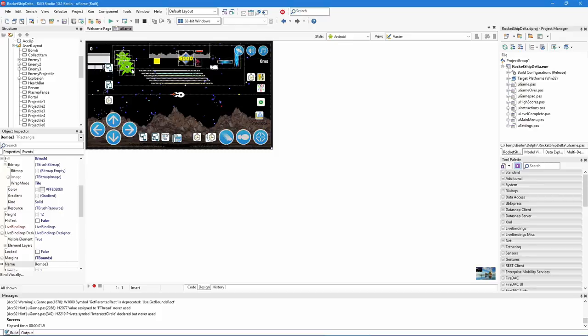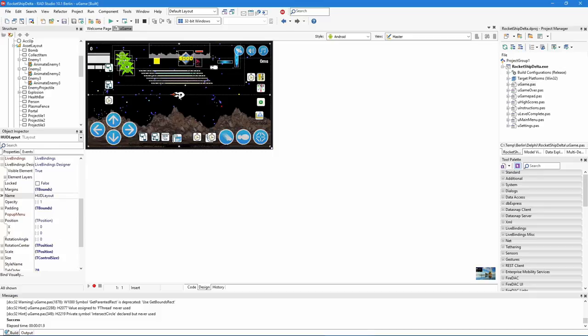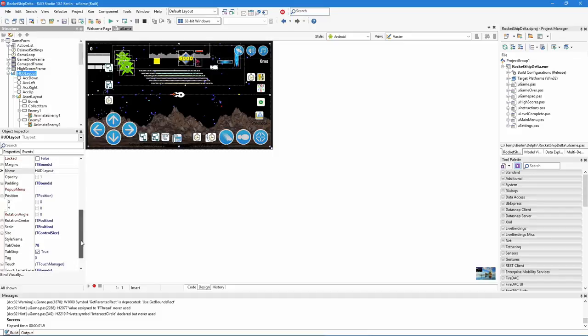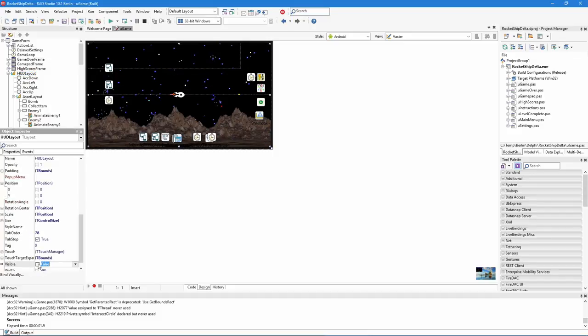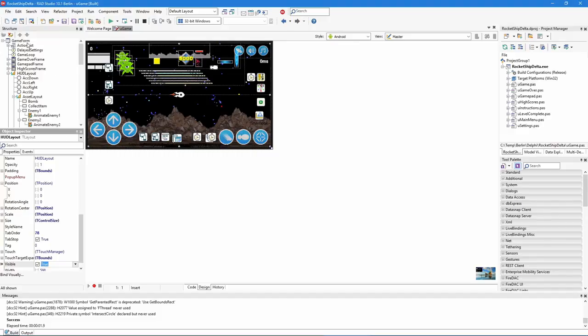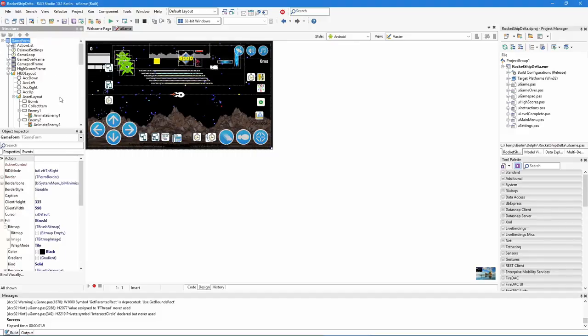rectangles over here. Here is the enemy rectangles of the 3 different enemy graphics, and there's a plasma wall that keeps you from going off the edges of the screen on the left and the right, and here is the wormhole graphic. The player graphic is here in the center, and then I just selected the HUD layout, which everything is contained within, and you can see it hidden there, and then finally everything is in the game form, and